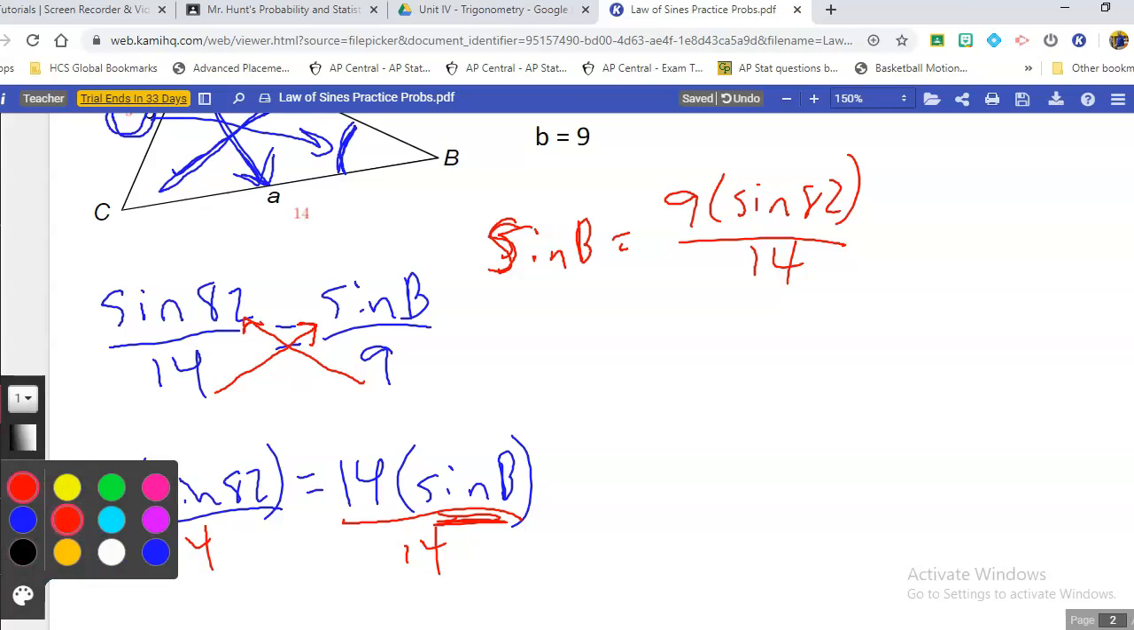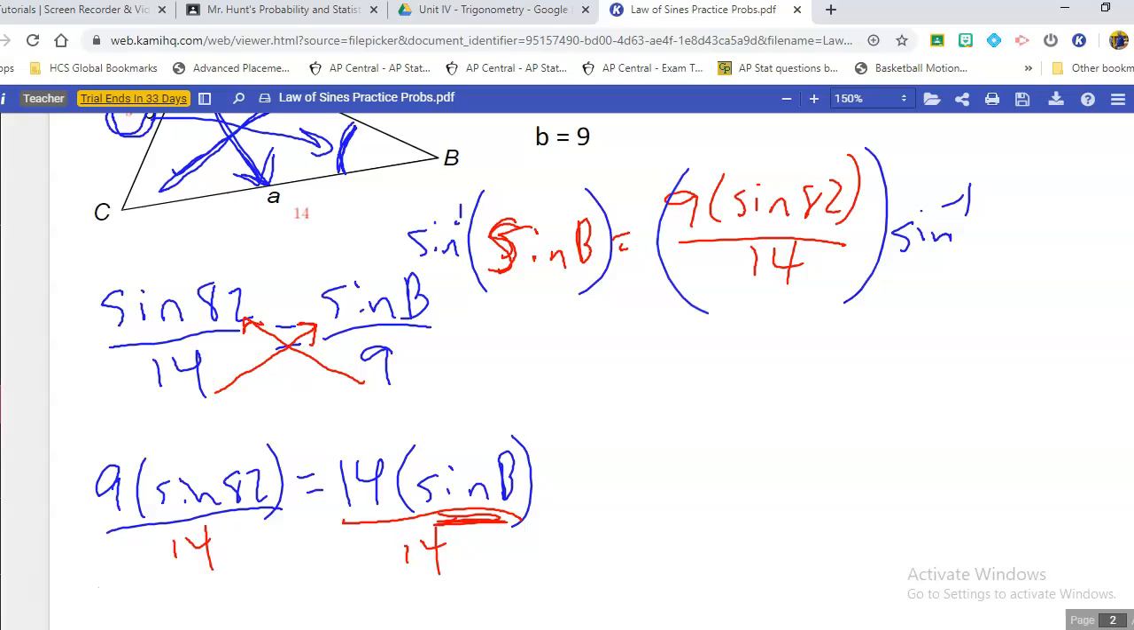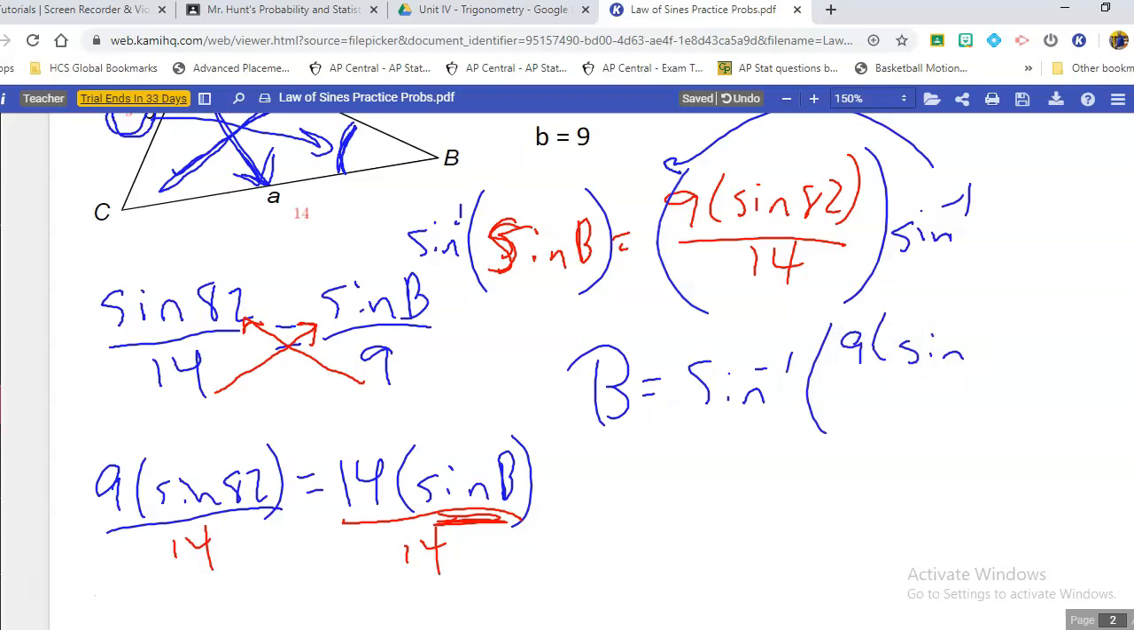So I want to take, and let me switch to a different color here. I'm going to take the arc sine of this, and I'm going to take the arc sine of this thing over here. Now, in doing so, that leaves me with B on this side. And when you work all this out, you'll have arc sine of all of that, 9 times sine of 82 divided by 14, and you're going to work out this value here, and then you'll take the arc sine of